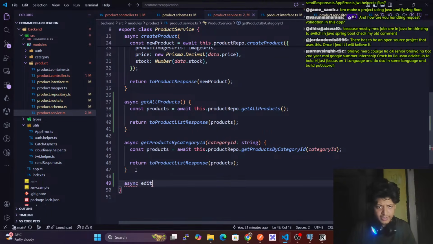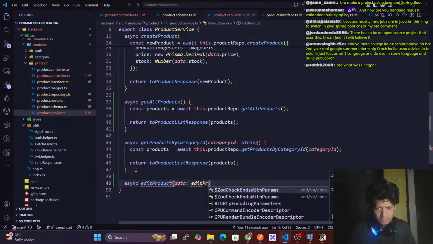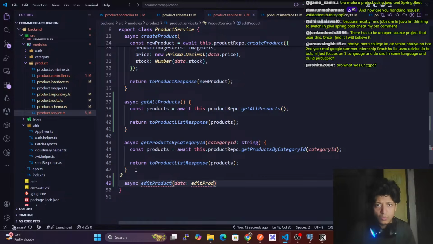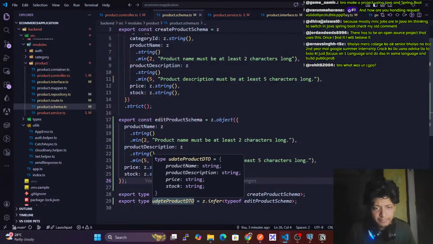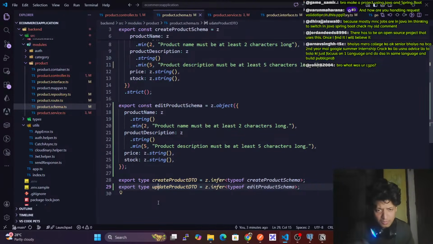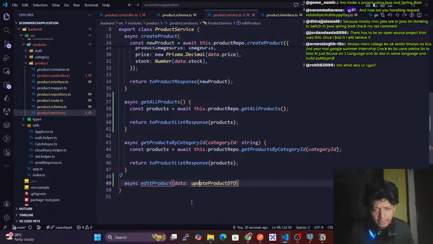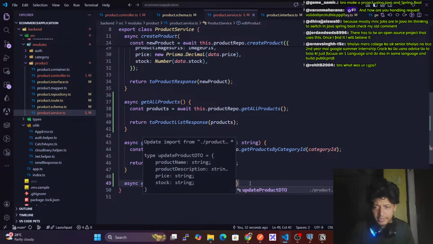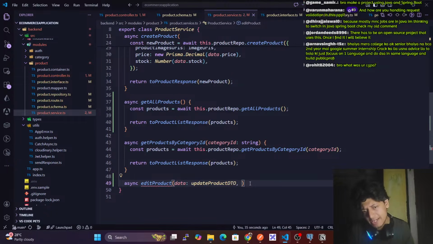async edit product, and it will have a data of type edit product, hold on, schema update product update or update product DTO. And also here we'll have